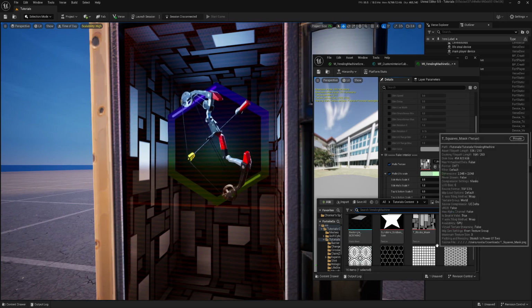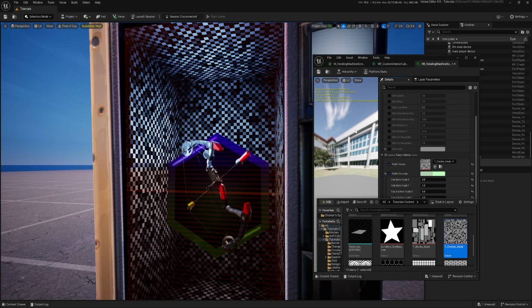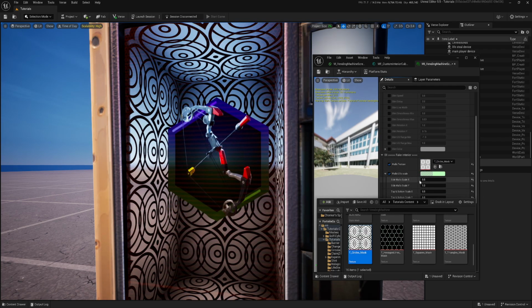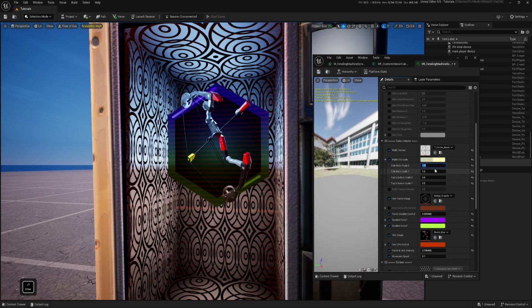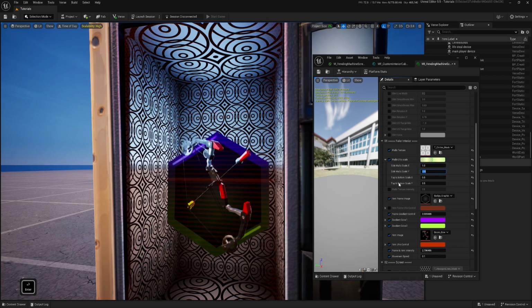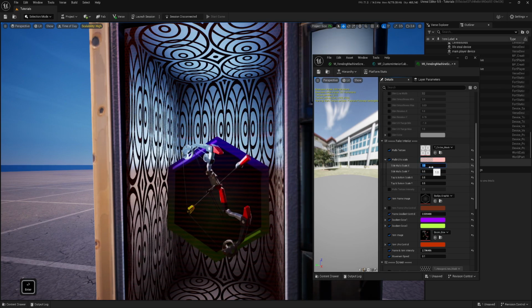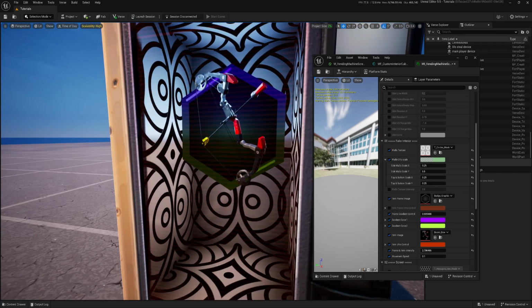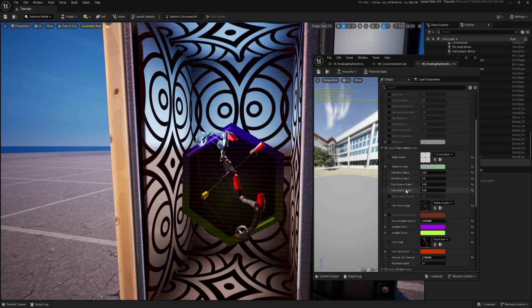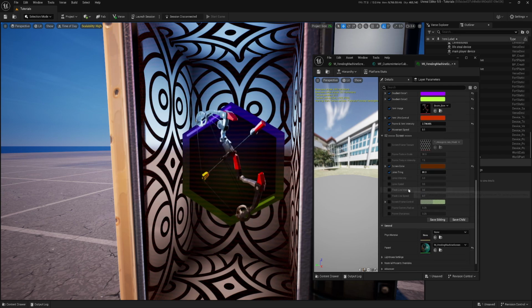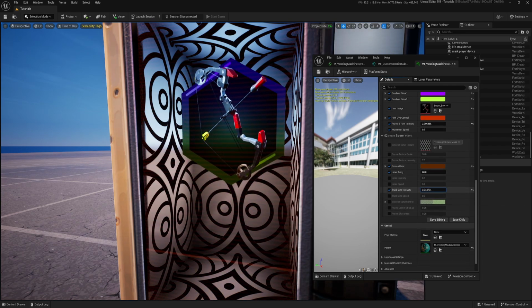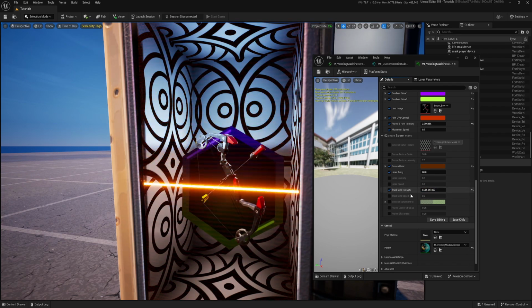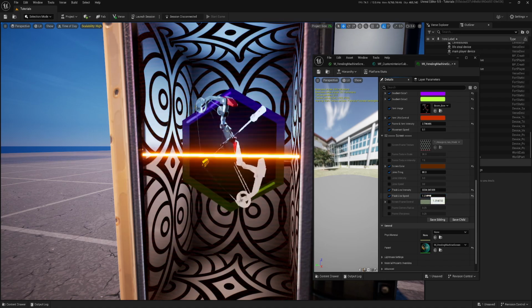Different textures. Smaller. You can make this line even glow like that with large intensity. Speed.